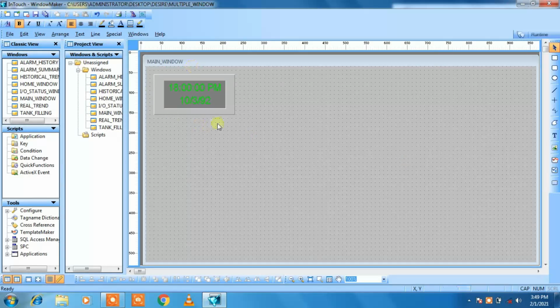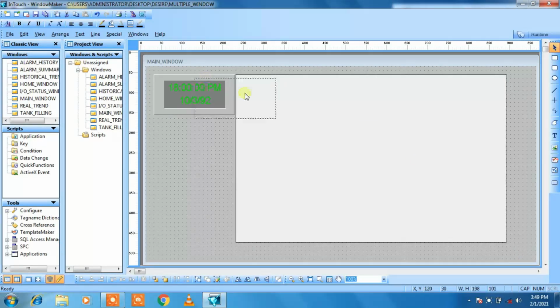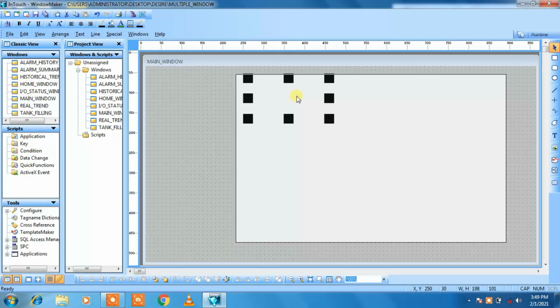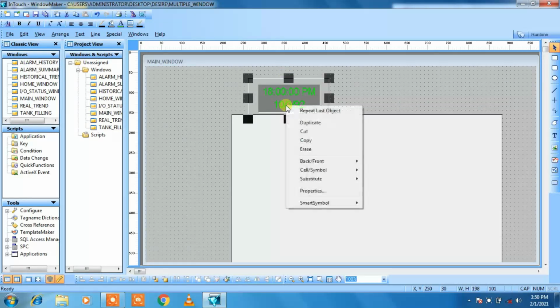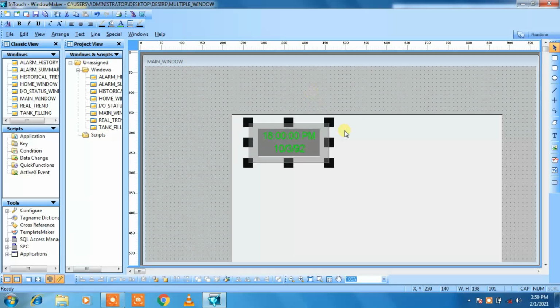Okay, so I have taken a clock over here. For proper presentation, we will take one block on which we can see our main window. Here is the square option, and I will select this as my main window. I will arrange it properly, and we will take this clock over here. It is not seen, so we will bring it to the front. Right click on it, go to the back, oblique, front option and bring to front. Then adjust it according to your requirement.